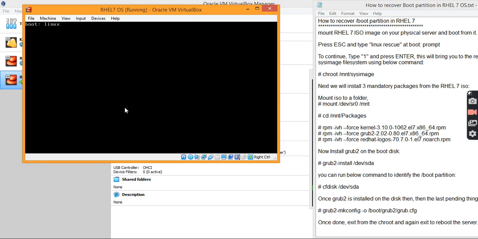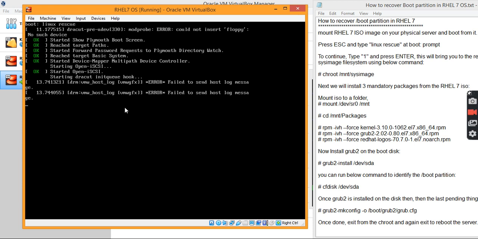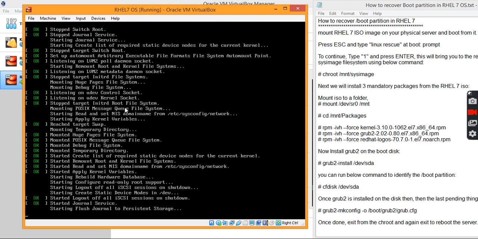Go to Linux Rescue. Here we are going to reinstall the grub, because during the reboot it is prompting the grub prompt. The grub installation is required to fix this issue.